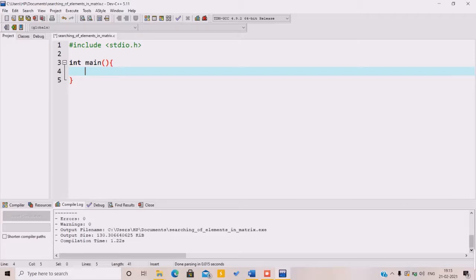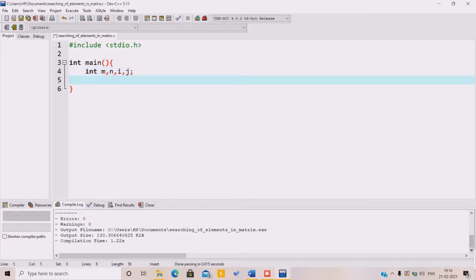For this purpose we have to initialize some variables. So we make integer variables. First is the number of rows, we name it m. m is the number of rows and n is the number of columns, and i and j are because later we are going to use a for loop, a nested for loop, so a loop under a loop. I am using i for the outer loop, and for the inner loop we use j, and in the last that's it.